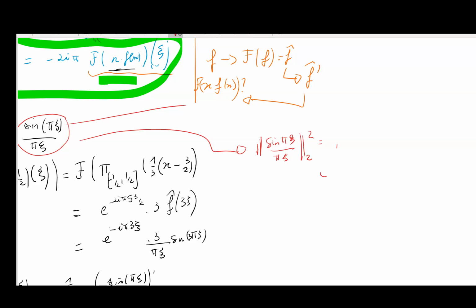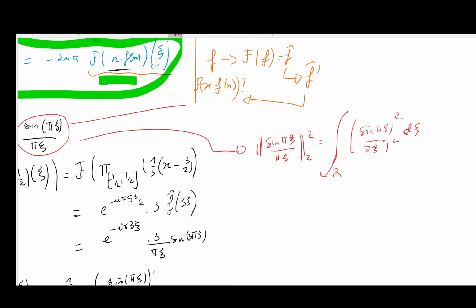That will give you the integral on R of the square of sin(pi xi) divided by pi xi, d xi. This is what you have to compute, and I guess it's not easy to do. I don't know how to treat that integral when I first look at it,